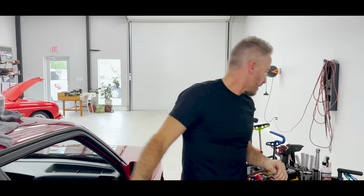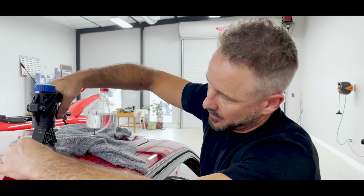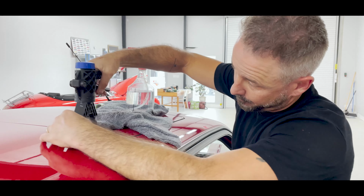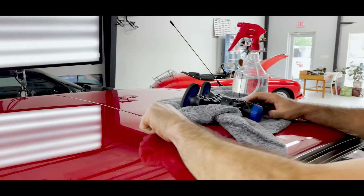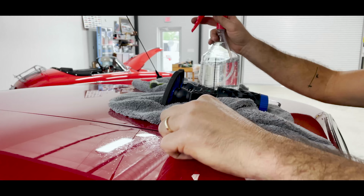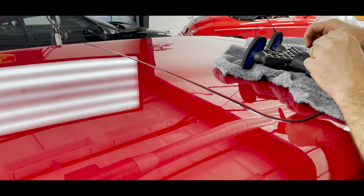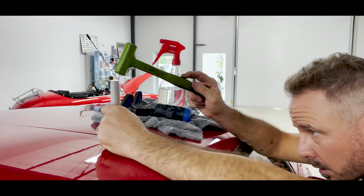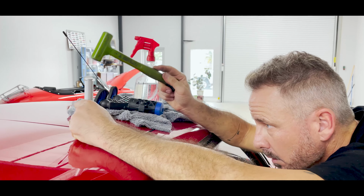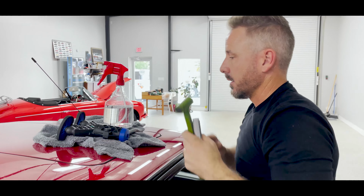Can you imagine all these guys that restore cars and don't get this done even before paint? Every dent has to be filled with filler. I was actually a little worried about this pull. Believe it or not, just a little bit. That's it. Okay,